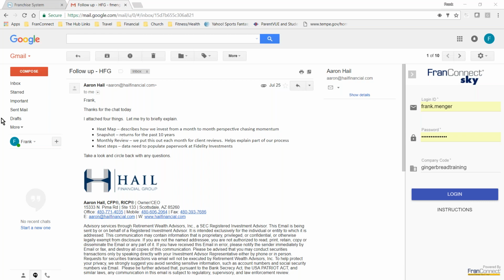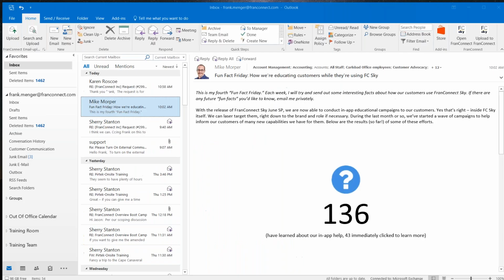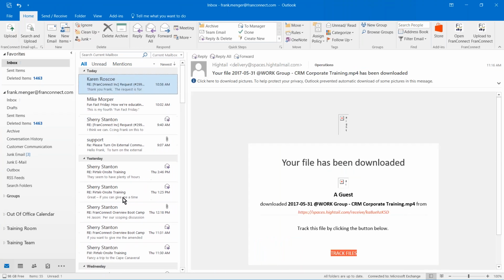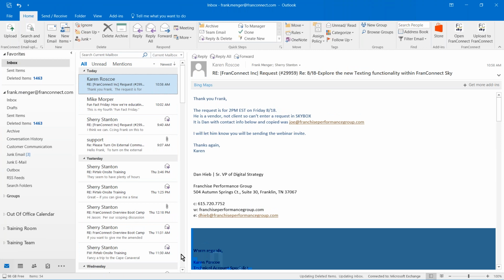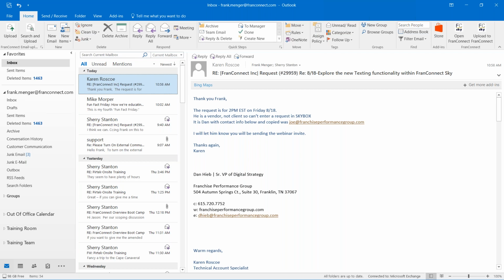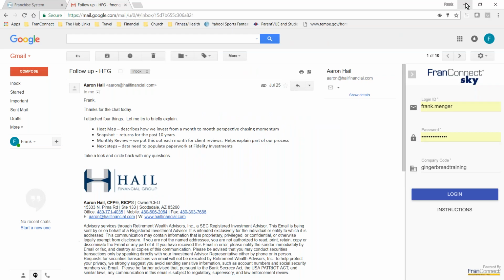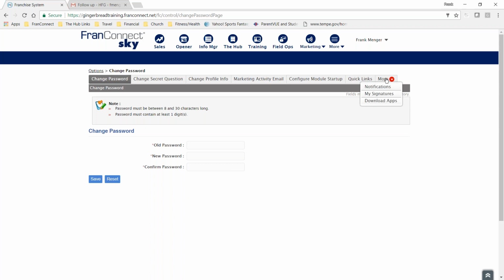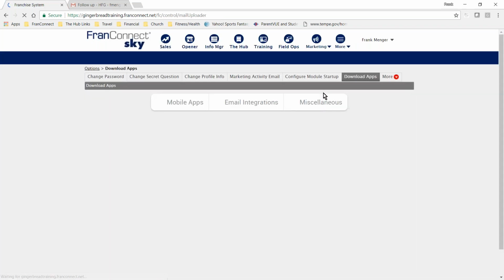And we're going to move into our Outlook integrations. To start with our Outlook integrations, we're going to focus on the older integrations that we have available to us first. Those are the legacy items, the ones that we've worked out all the bugs that we can possibly find. The way that we're going to access those legacy ones is to go to our options, go to our download apps again,